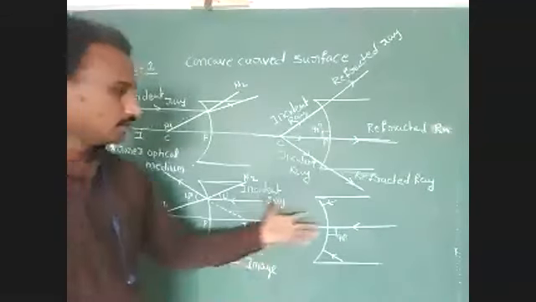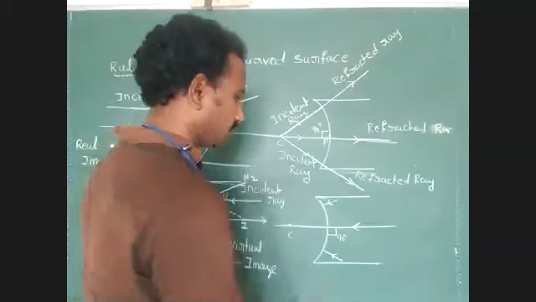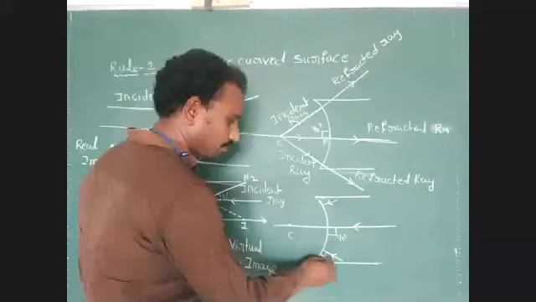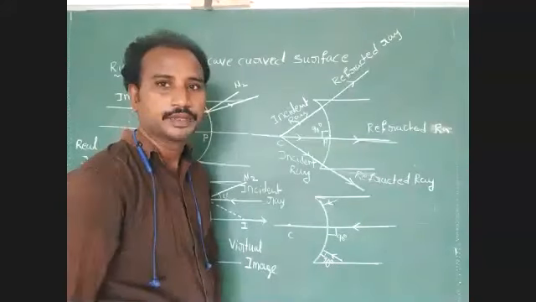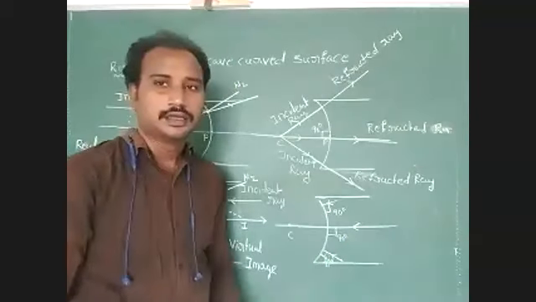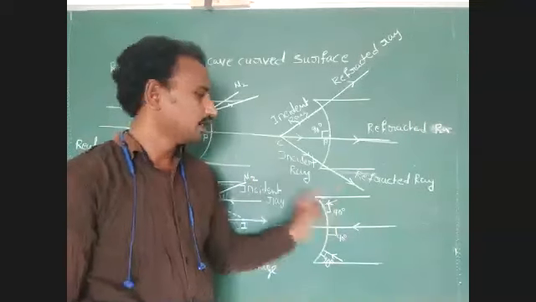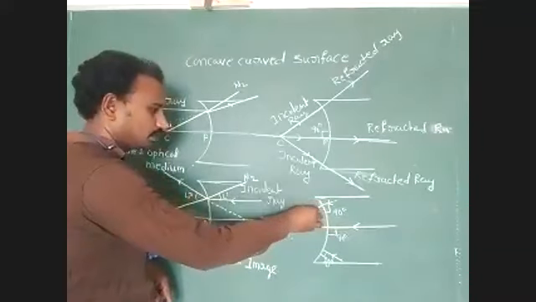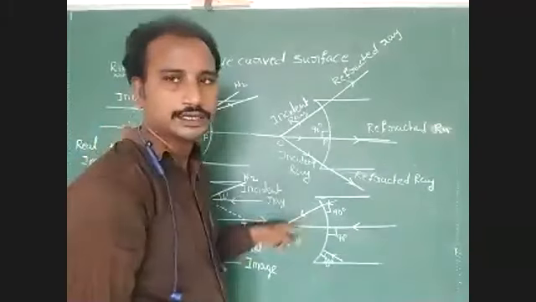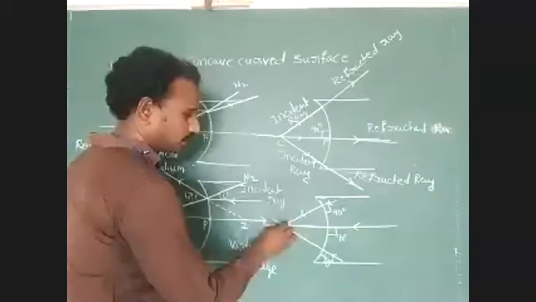Understood? Next, we are discussing rule 4. Here, just identify this represents the incident ray. Here also the incident ray. Here, the incident ray makes 90 degrees with respect to the normal. What is that angle? 90 degrees. Then the refracted ray cannot deviate. It follows the incident ray direction, a straight line path. We represent the refracted ray direction along the incident ray direction.